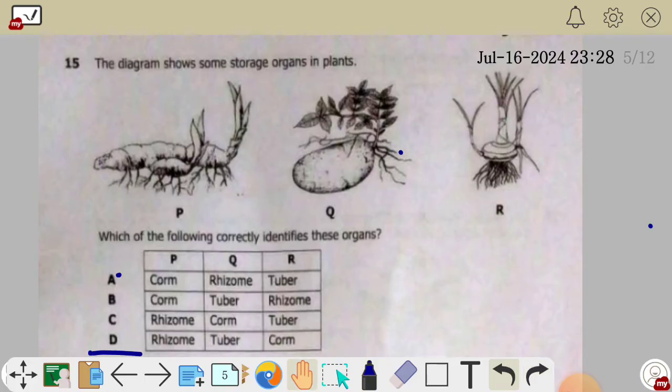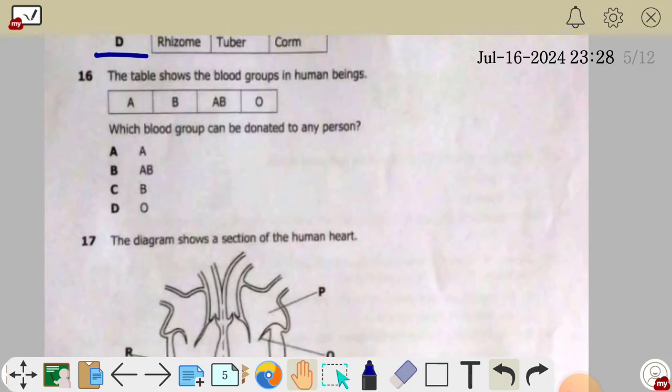Okay, question 16. The table shows the blood groups in human beings. So this table here is simply showing blood groups in human beings, which are A, B, and O. Which blood group can be donated to any person? So the blood group which can be donated to any person is blood group O, because blood group O is a